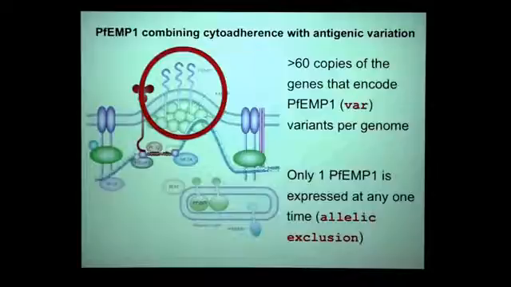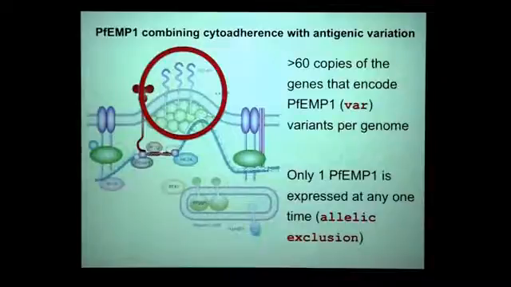So what the parasite does is that not only does it express, it undergoes this process of antigenic variation where it expresses only one PfEMP1 at a time, but it has 60 from which to choose within its genome. But not only are there 60 different copies that keep changing, each of those has many modular domains which are constantly under evolutionary pressure to diversify. So you have this incredible divergent diversity-creating mechanism where the parasite can constantly change its coat to avoid immune detection and at the same time